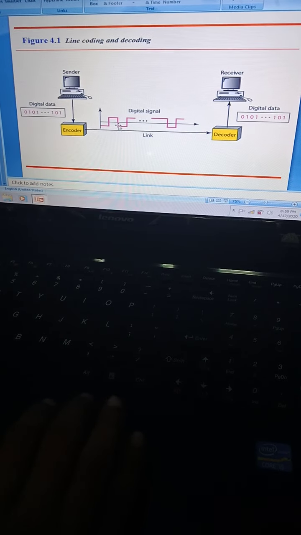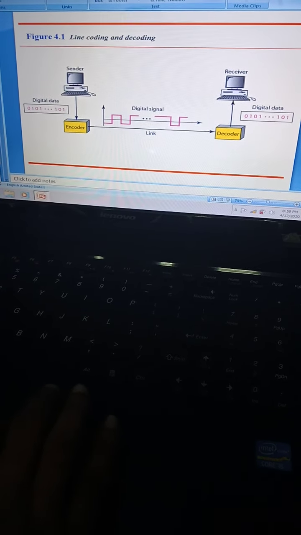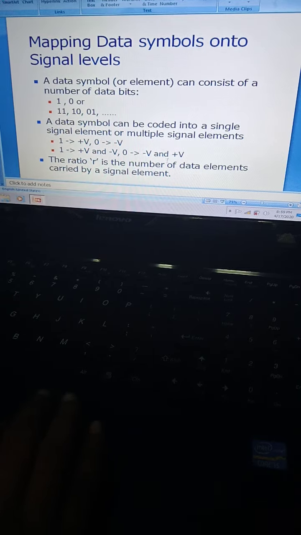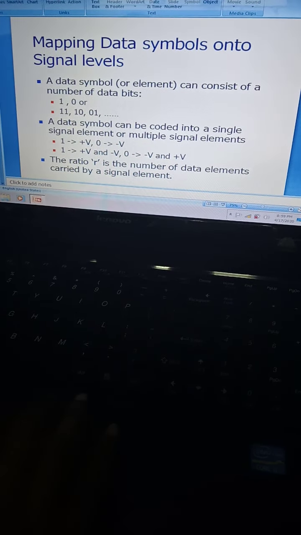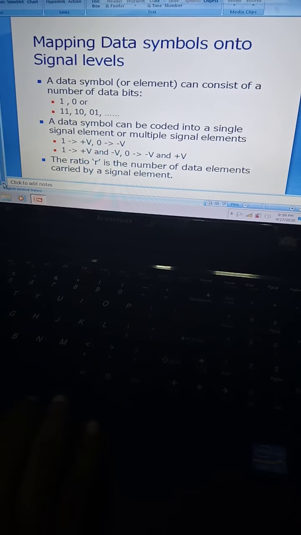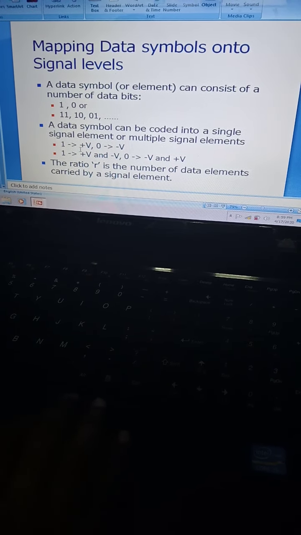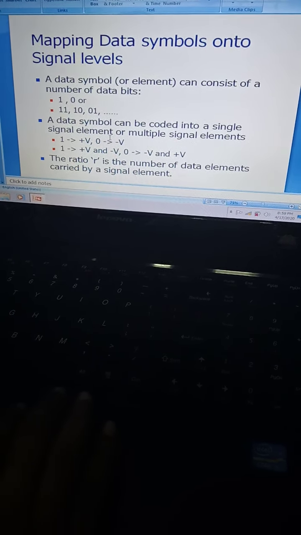Here we can use different types of methods for representing the data. So for that one, we are using the mappings depending on the type of the method we are using. Either we can use single bit or double bit, or we can use voltage level representations, up and downs, or directly assigning either positive for 1 or negative for 0. That is the mapping representation.